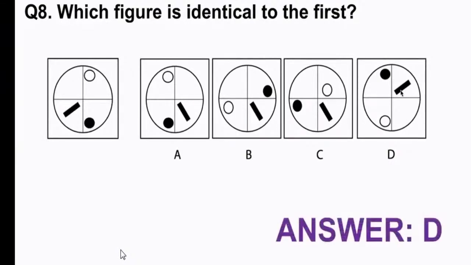So the correct answer is D, because if we move this round clockwise, the white dot is there with the black dot directly above it, and then directly to the right of the black dot is the line, so that's the answer, D. It's about a process of elimination, looking for something obvious. I could have chosen the line to the right of the black dot, so it can't be A because that's to the left of it. It could be B. It can't be C, but it is D. Again, that would be an option for a process of elimination.